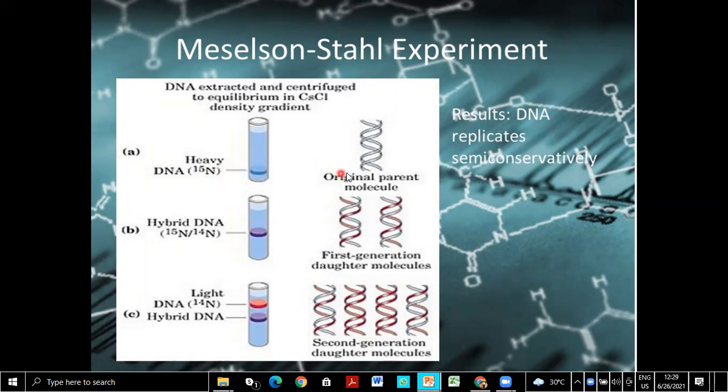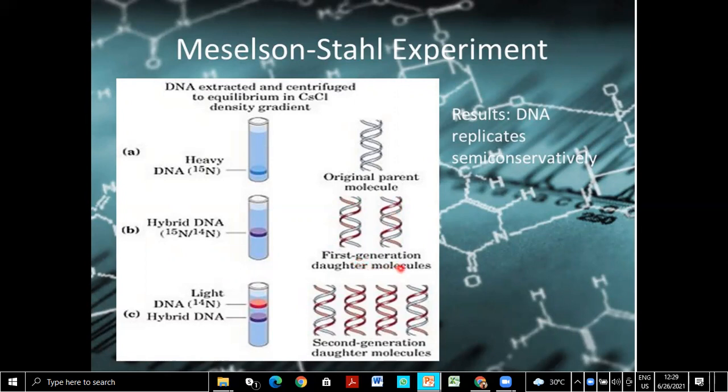They allowed this bacteria to reproduce, and this DNA is replicated. So you know that, as we have learned in replication, both the strands are opened, and on both the strands new strands are produced. This is the old strand, and this is the new strand. So this is the old template strand, on which new strands are produced by following the anti-parallel rule. That is all you should remember. We have already done that.